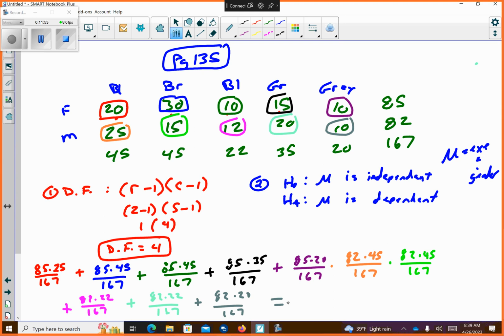So I'm going to go, let's see, 85 times 25 divided by 167 plus 85 times 45 divided by 167 plus 85 times 45 divided by 167 plus 85 times 35 divided by 167 plus 85 times 20 divided by 167 plus 82 times 20 divided by 167